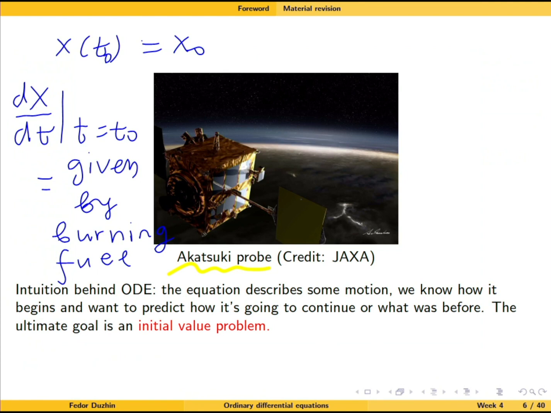And they did it successfully, but my point is that differential equations are designed to describe some motion, right? And such motion is always going to be continuous. The main reason for a differential equation is that we want to solve an initial value problem. So whenever it describes a certain real process, it's not just the differential equation itself, but the initial value problem, and the